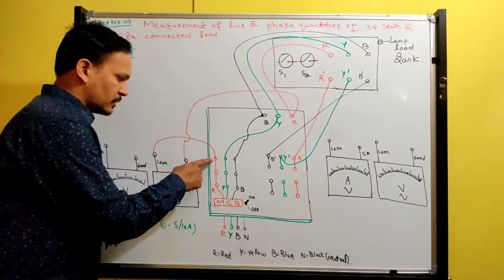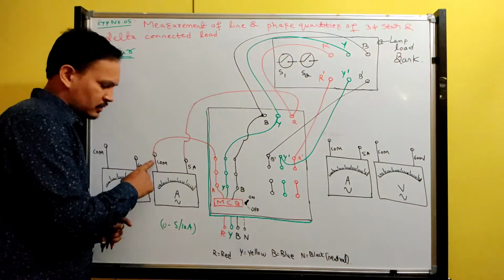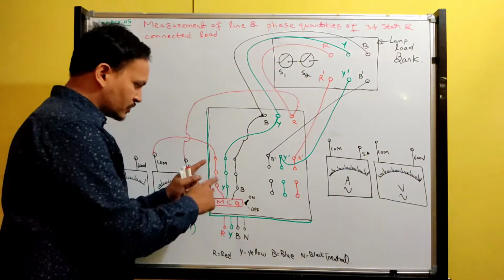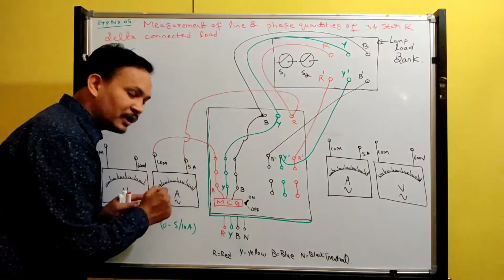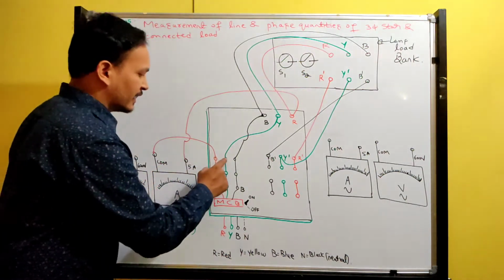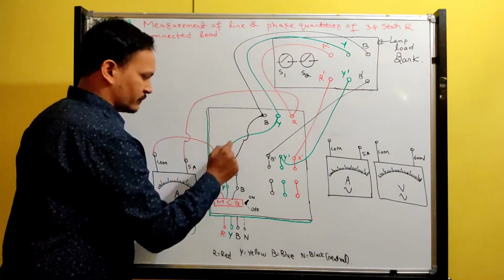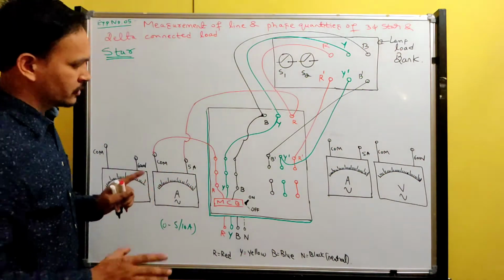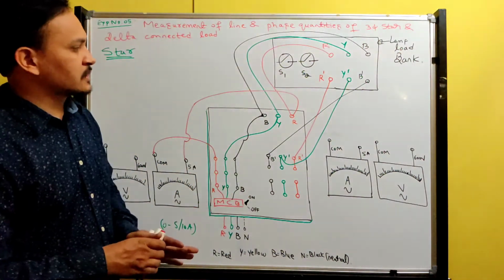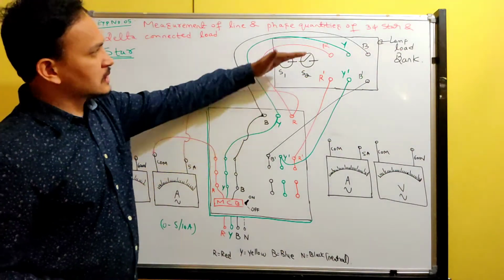See, I will explain. This end is connected to ammeter common and ammeter 5 ampere terminal connected to R line. Means you should join this pin and this pin through the instrument. If instrument is not there, then directly join Y to Y, then join B to B. So ammeter is done. Next is you should start doing connections. So starting terminals is completed.